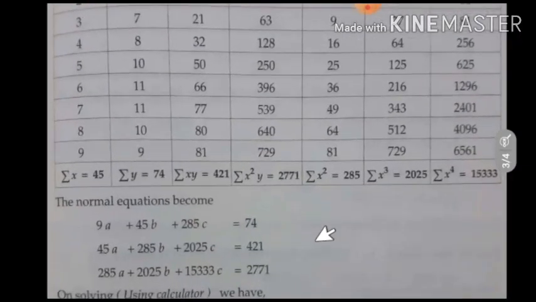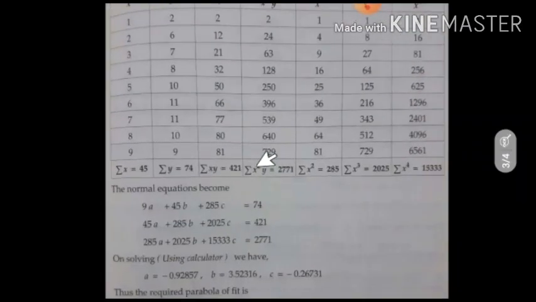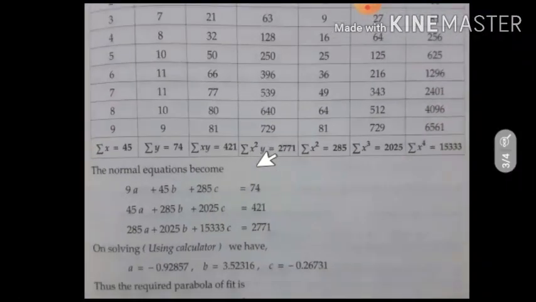So you get these three equations by substituting the respective values in this normal equation. Here we are substituting summation x square. Okay, so we get the equation. This is equation 1. In the calculator you have an option of calculating a system of 3 equations. So calculate, and directly you get the a, b, c values. So this is the obtained a, b, c value.